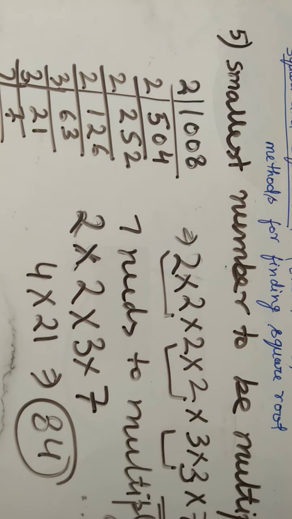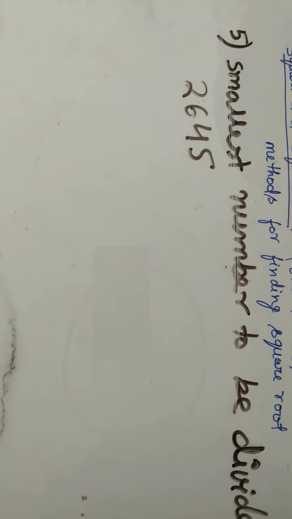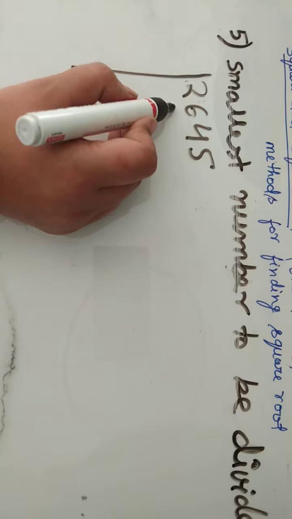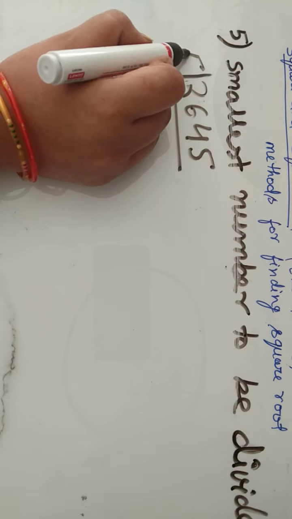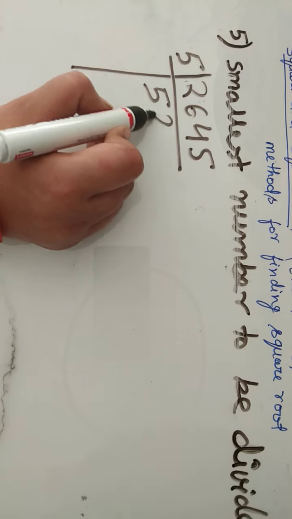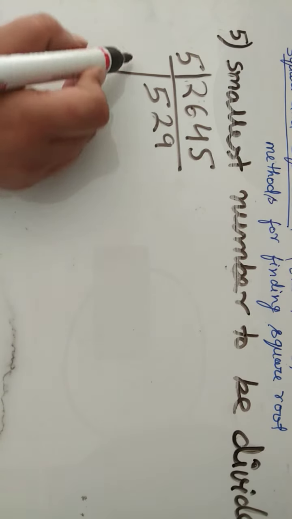Now next question, question number 6, is what needs to be divided. क्या divide, किससे divide करेंगे? Okay, just see that one also. Now next question is what is the smallest number that needs to be divided. So for divide also we will find out by prime factorization. So just see what the factors are. अब इसके हम prime factors find out कर लेंगे. So we will check from 5. 5 5s are 25, then 5 2s are 10, 5 9s are 45.